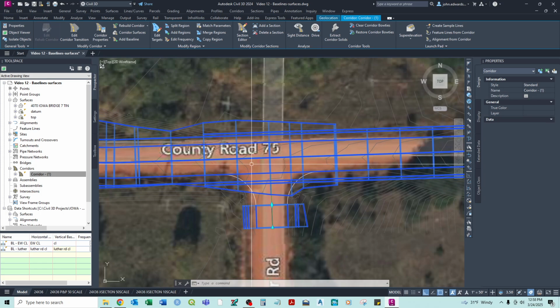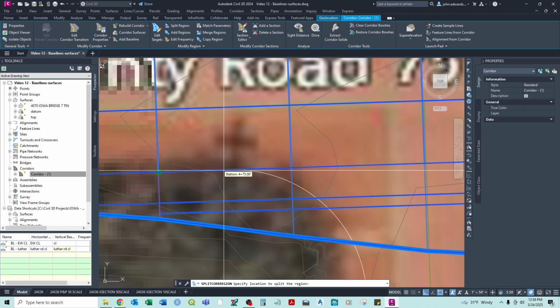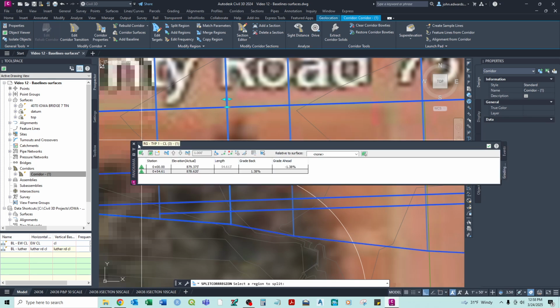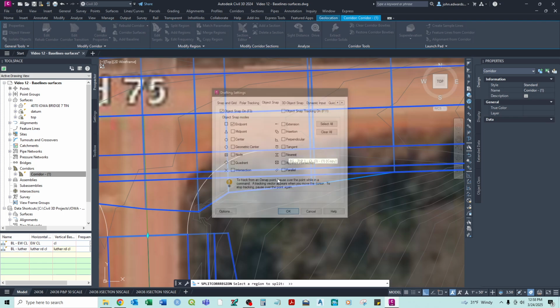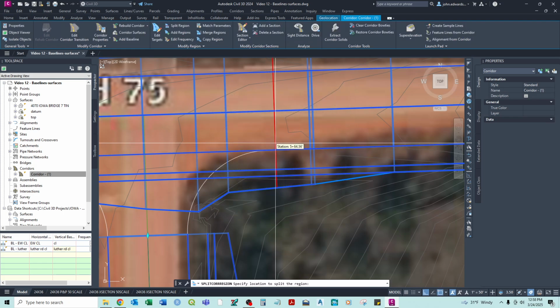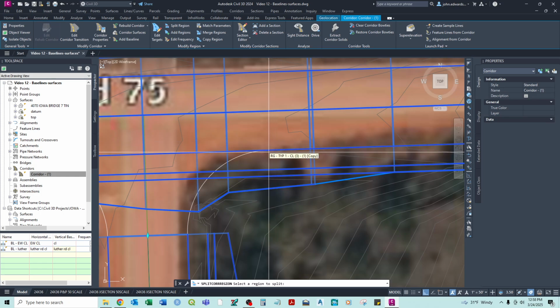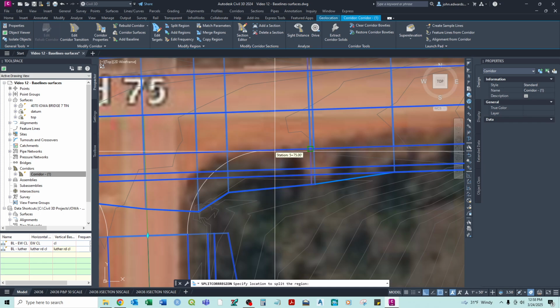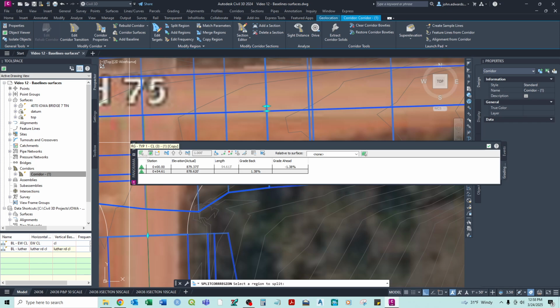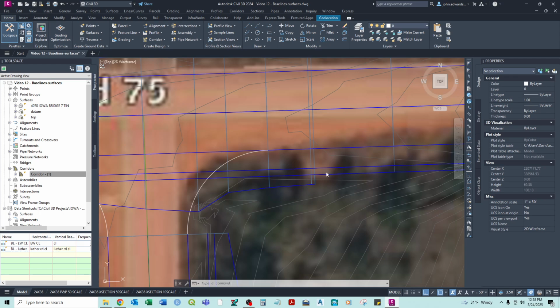For this one, it's going to be a little more difficult, and I actually need to split this region. So I'm going to come in, split, and I want to split it once here, and then also again right there. Oops, didn't do that. Okay, let's get that over here. So now